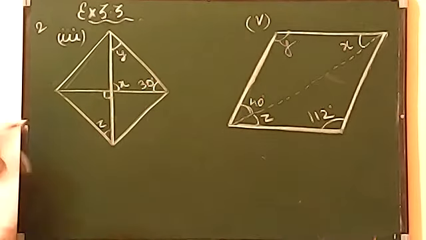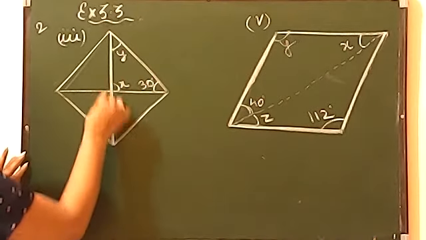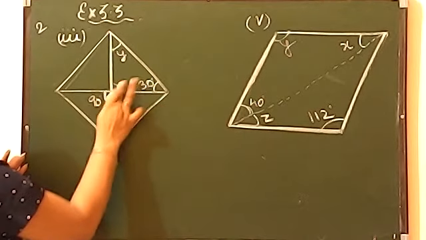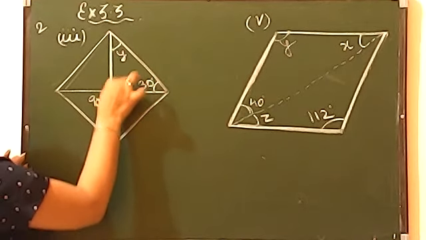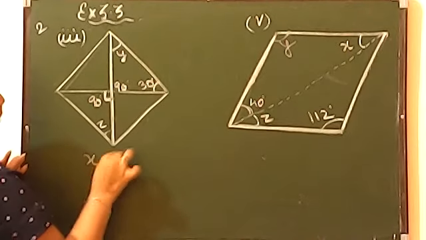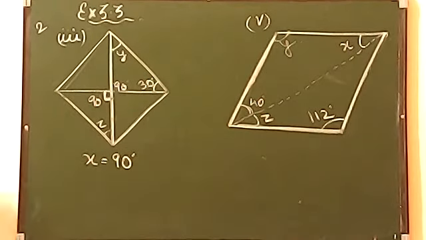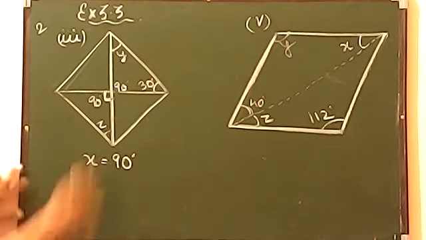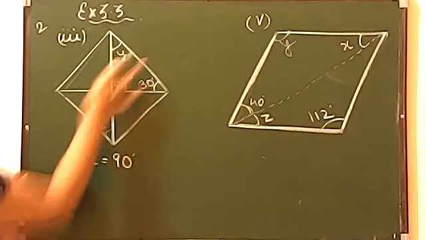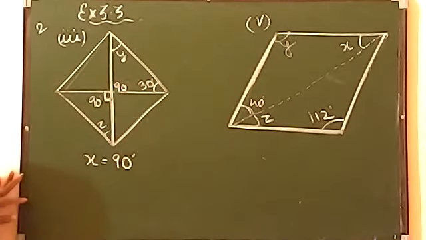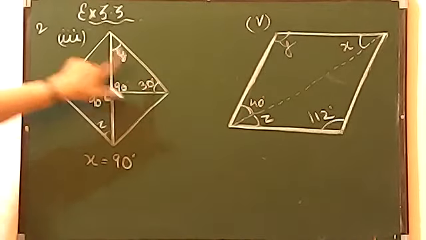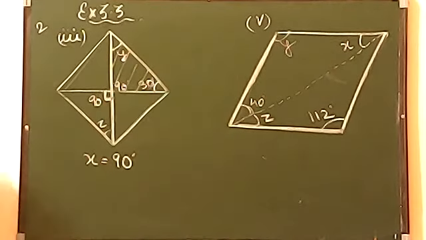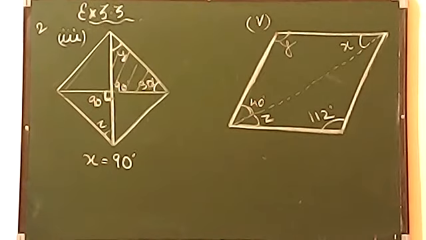Look here, this is 90 degrees, you can see the marking of 90. So if this is 90, you know x will be 90. So the first value we got for x is 90, because you can also call it vertically opposite angle. Since this is 90, this is also 90. Now forget this. Tell me, this is a triangle, everyone knows this is a triangle. What is the sum of the interior angles of a triangle?